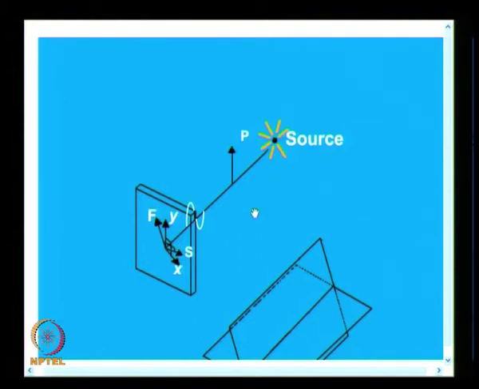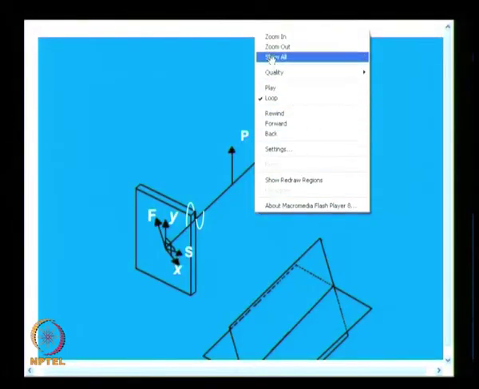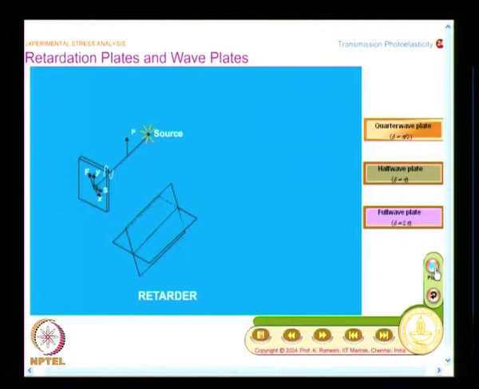And what do you anticipate? You anticipate for one incident light there will be two refracted beams, because that is what the whole of crystal optics tells you. For one incident beam I will have two refracted beams, and these two refracted beams are plane polarized and their planes of polarization mutually perpendicular. Let us see this, that is what is shown in the animation. You carefully watch. So, what happens